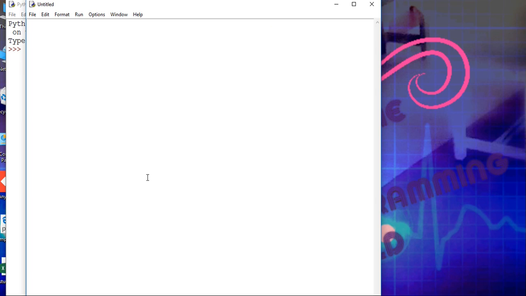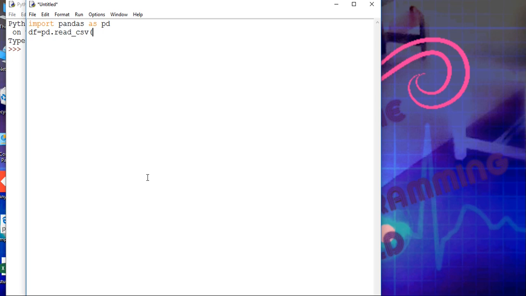Create a new file. Import pandas as pd. Now df is equal to pd dot read_csv. The read_csv method is used to import the CSV file into Python.